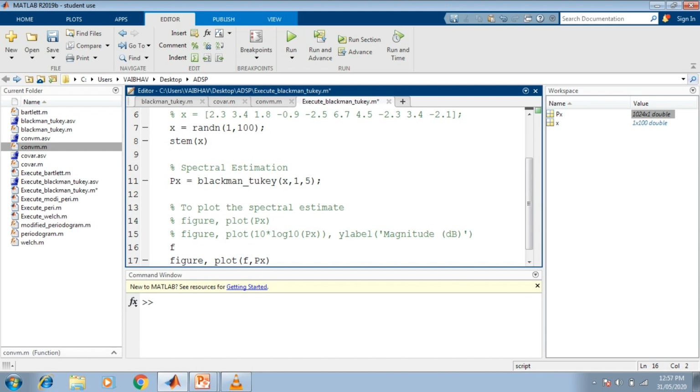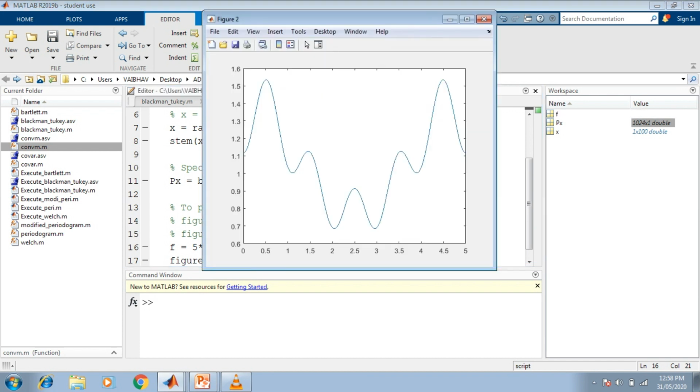Here, for example, f can be defined as pi multiplied by 2, and within the parentheses we keep the range 0 to 1023, totally divided by 1024, the total number of samples in the frequency domain after computation by the method. I save it and run this program.